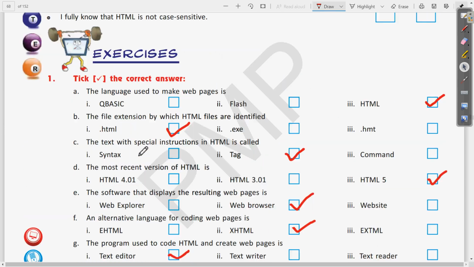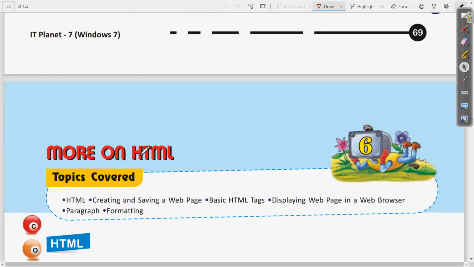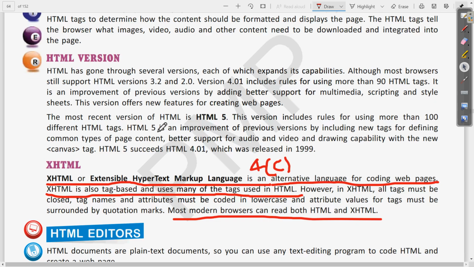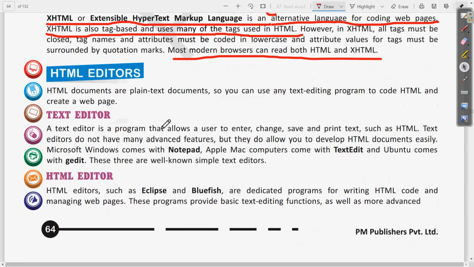Now the next question is, define the following: the text editor, HTML editor and WYSIWYG editor. So let us see these answers. If I come to page number 64, let us see the text editor. So here it is.